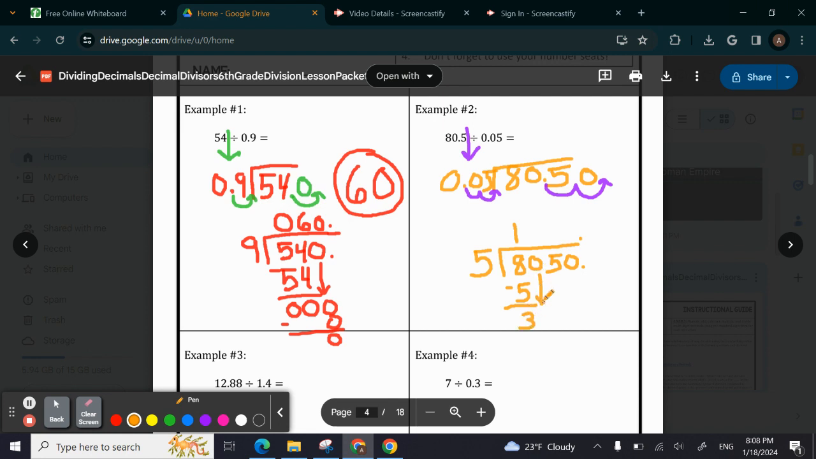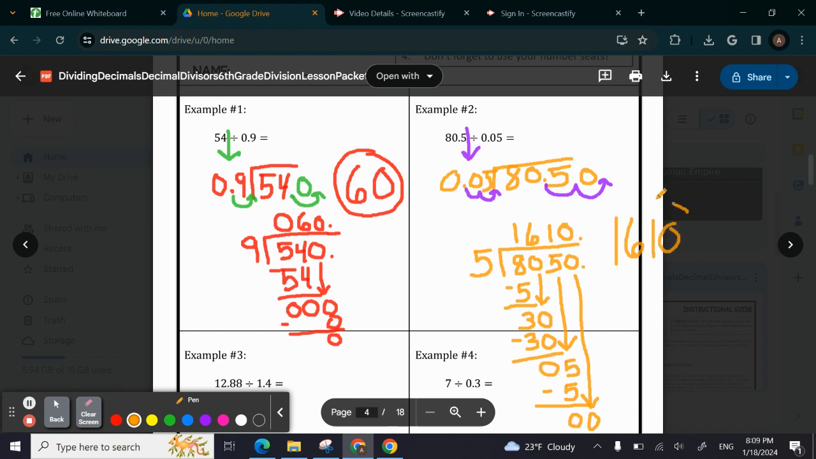Bring down our 0. How many times does 5 go into 30? 6 times, right? Because 6 times 5 is 30, which gives us 0. Then we bring down our 5. How many times does 5 go into 5? 1 time, correct. 1 times 5 is 5. Okay, so that leaves us with 0. Bring down the 0. Okay. How many times does 5 go into 0? 0 times. So here is our answer,